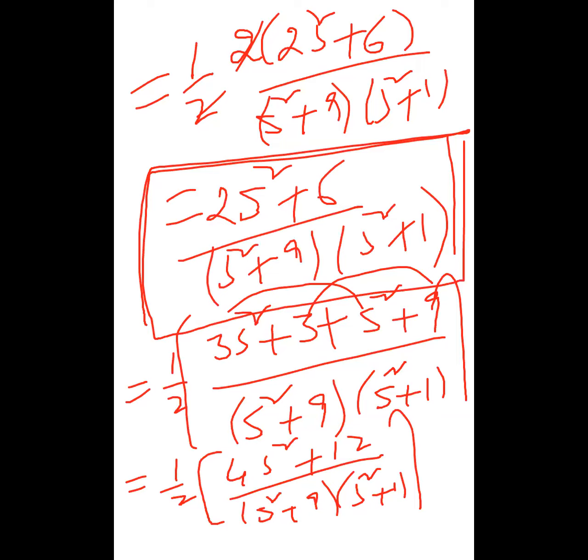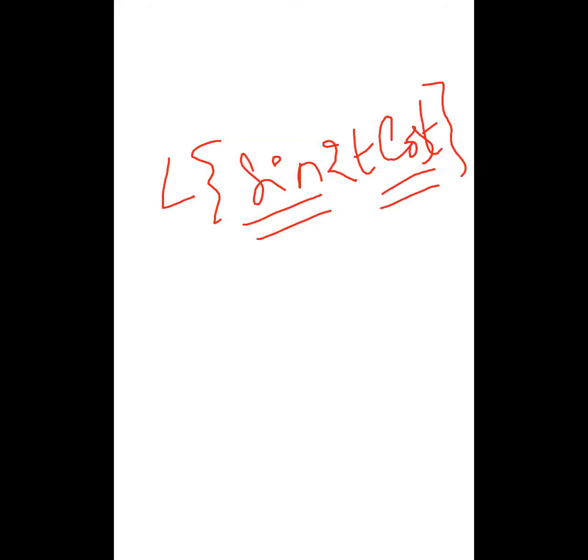First, the given problem is not in the linearity property format. So for sin 2t cos t, it is not possible to apply the linearity property. Why? Because both terms are in multiplication. The linearity property is applied only to addition or subtraction combinations, not multiplication or division. So I apply some basic trigonometric formulas to convert the product of sin 2t and cos t into some addition. That's why I'm taking the 2 sin A cos B formula.